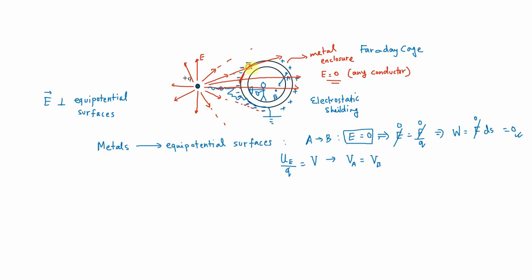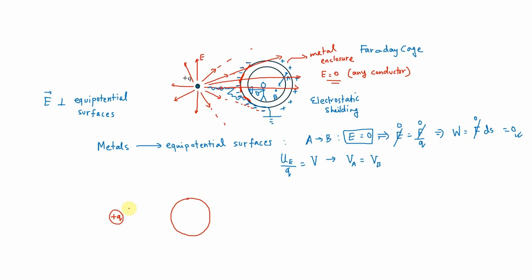In this kind of scenario, we can clearly see that the point of intersection of the electric field vector and the surface, they're not making 90-degree angles. The intersecting points are not at 90 degrees, clearly. But electric field must be perpendicular to any equipotential surface, and the metal shell is an equipotential surface. So therefore, for a common equipotential surface,